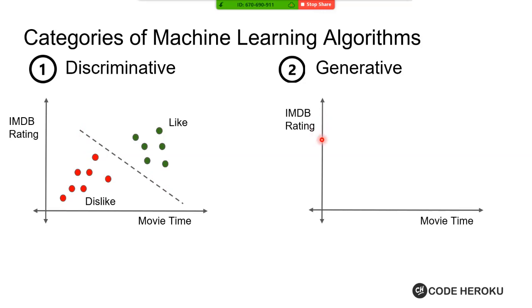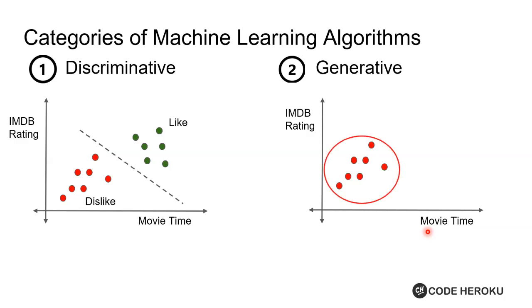Again, I'm showing you the same example over here. In this case, what our algorithm will do is first just look at the points which are labeled red. We don't even want to look at the green points. We'll just look at the red points in this two-dimensional space. Because in a training data set, we already know which are the movies that the user doesn't like. So we just look at these points,